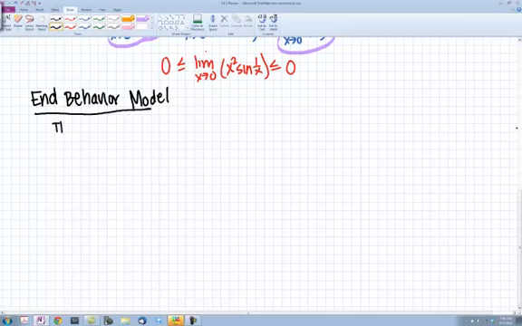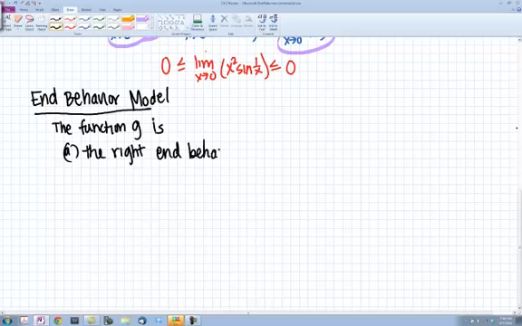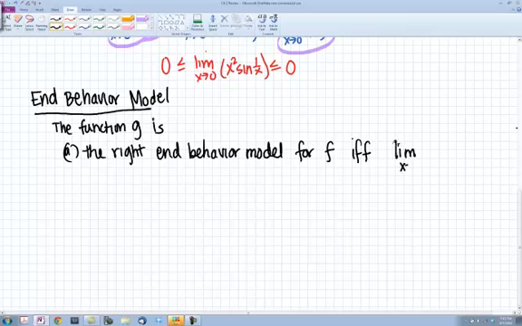So this one says that the function g is what we call the right end behavior model for f if and only if, hope you remember that from geometry, IFF, if and only if the limit as x approaches infinity of f of x over g of x equals 1,